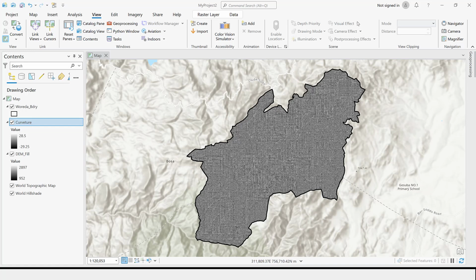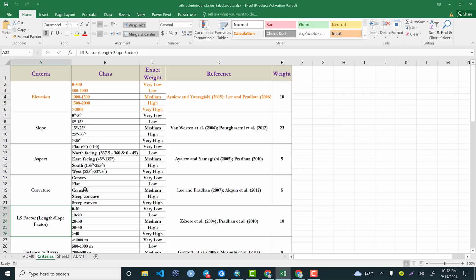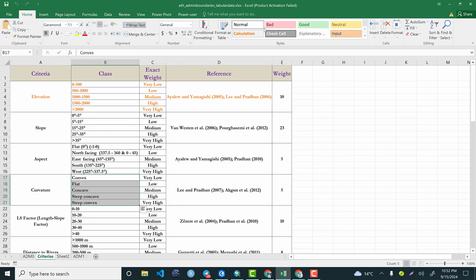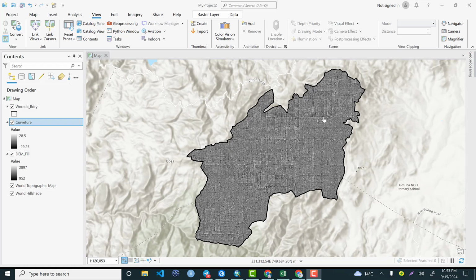So let me show you this is curvature, and there are different types of curvature: the concave, convex, steep concave, steep convex, and flat. So based on this category, I would like to reclassify my value based on my threshold. To reclassify